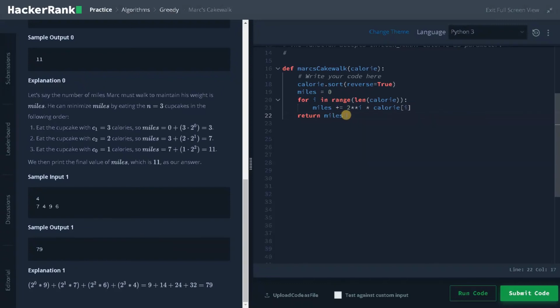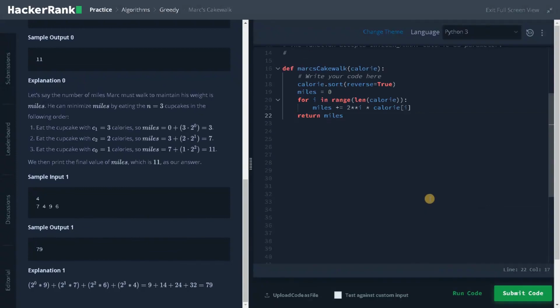So I think that solves our problem. I already explained how this works. They also gave us a clear explanation. Usually some people go for some permutation and try to find out whether it is possible or not, or else they will find out all the possible miles that they can get from this calorie count and find the minimum. That is complex stuff. Here our topic is greedy, so we have to find the best possible case in our problem. These greedy algorithms will be much simpler and easy to code. So I think that's it.